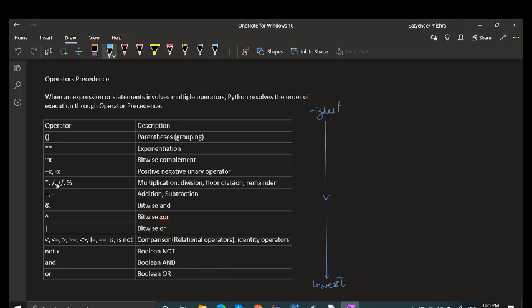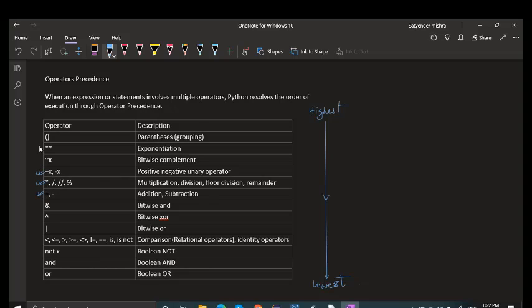If you remember a few of them, for example, the precedence of multiplication, division, floor division, or remainder operators is always higher than the precedence of addition or subtraction. The precedence of the unary operator is always higher than that of other operations, so first we decide whether the number is positive or negative, and then we calculate.